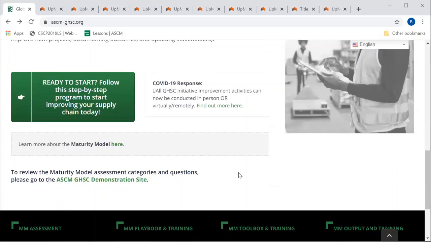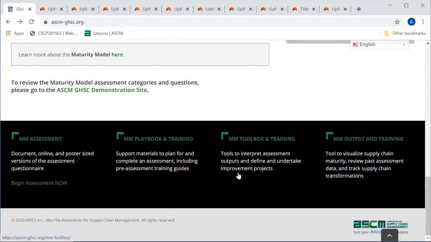So the demo site is just for your practice. It doesn't count towards what your assessment scores will be. Now, right below that, there are a couple of other tabs that you can open to have some more information. Now, if you want to begin an assessment, you click on this space that says assessment now. This takes you onto the real-life assessment, the online version of the assessment, but we won't be doing that right now. I'll just take you through some other tabs before we continue.